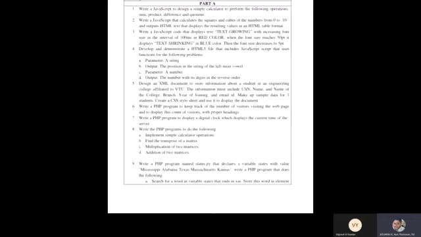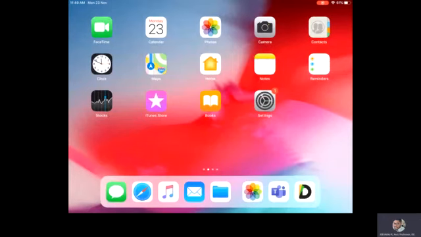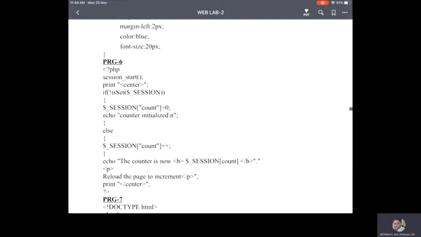To record the user's visits, the easiest way is to use the PHP built-in session. You need to call session_start. This is a predefined function in PHP which you call in your program to keep track of the visitors to your website. In our code, we'll be writing the predefined function session_start.